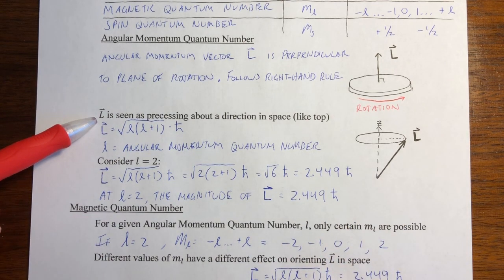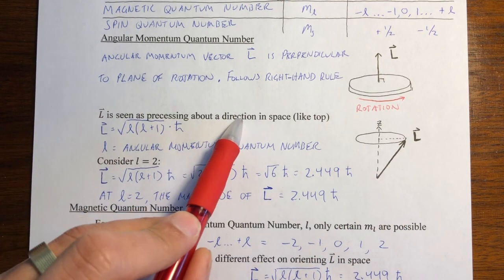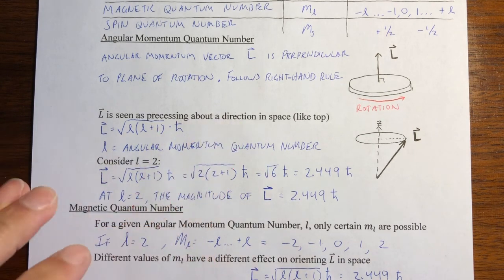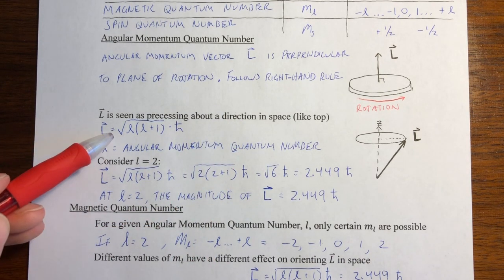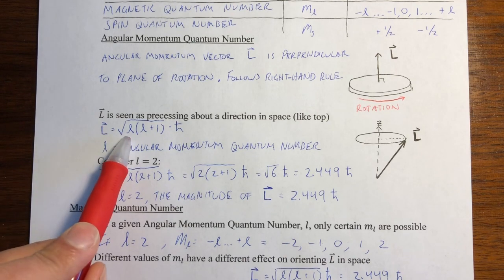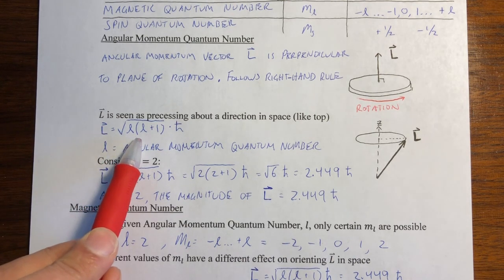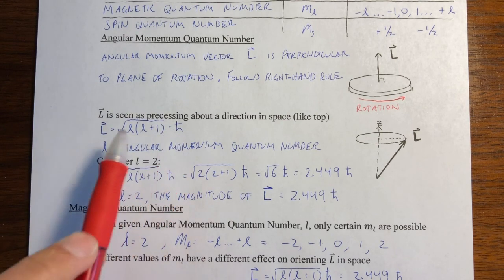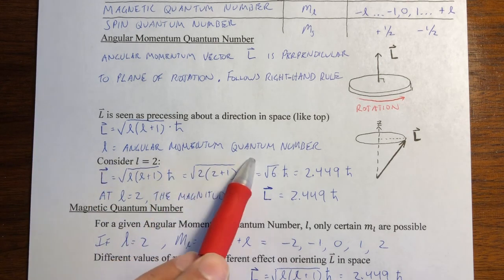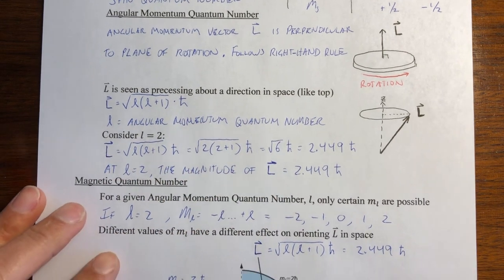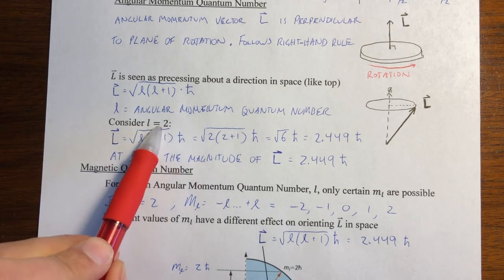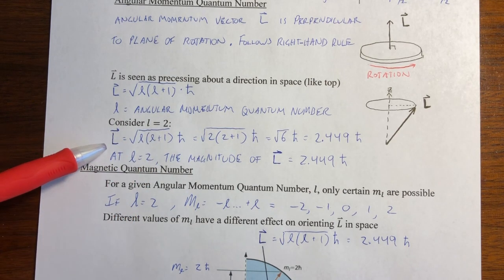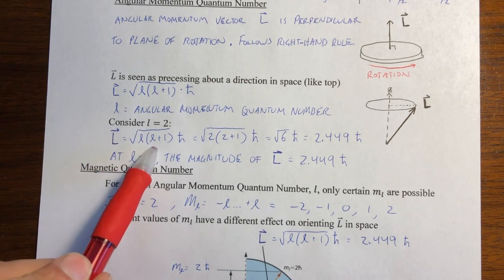So the angular momentum vector L arrow is seen precessing about in a certain direction in space in the shape of a cone. And the magnitude of L is equal to the square root of angular momentum quantum number l times the quantity l plus 1, and that whole quantity is multiplied by h bar, where again, lowercase l is the angular momentum quantum number. So let's look at an example where that quantum number is set equal to 2. That would result in the magnitude of our angular momentum vector being equal to the square root of l times the quantity l plus 1,